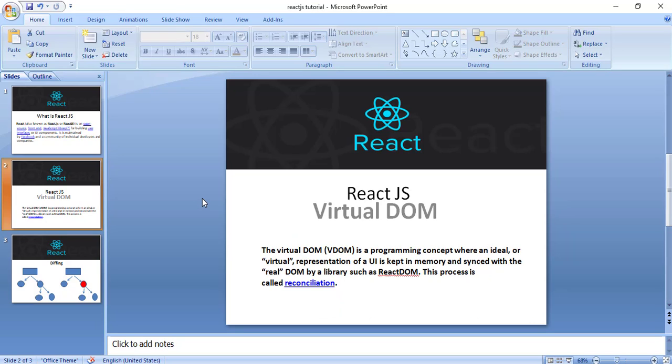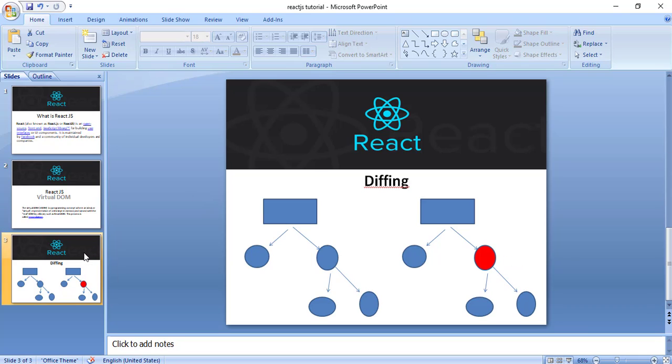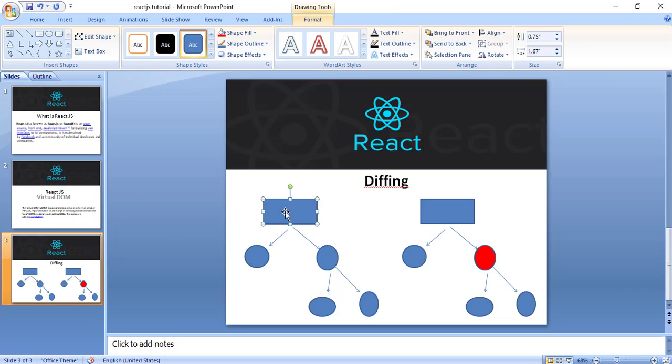Friends, I think you already know what a document object model is. When you open a web page, it is always in the form of a tree in your computer's memory. Like I have made a small tree. You can think like